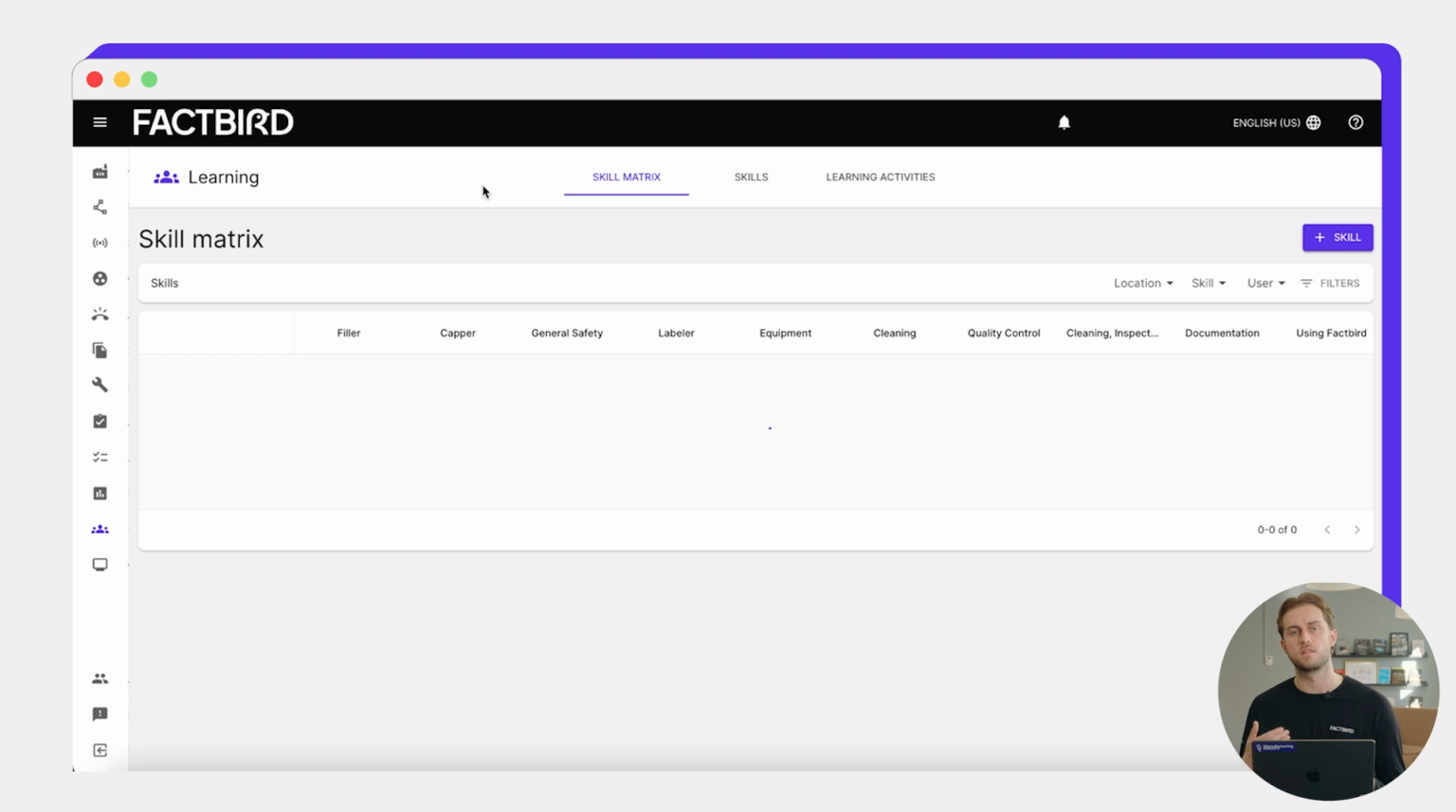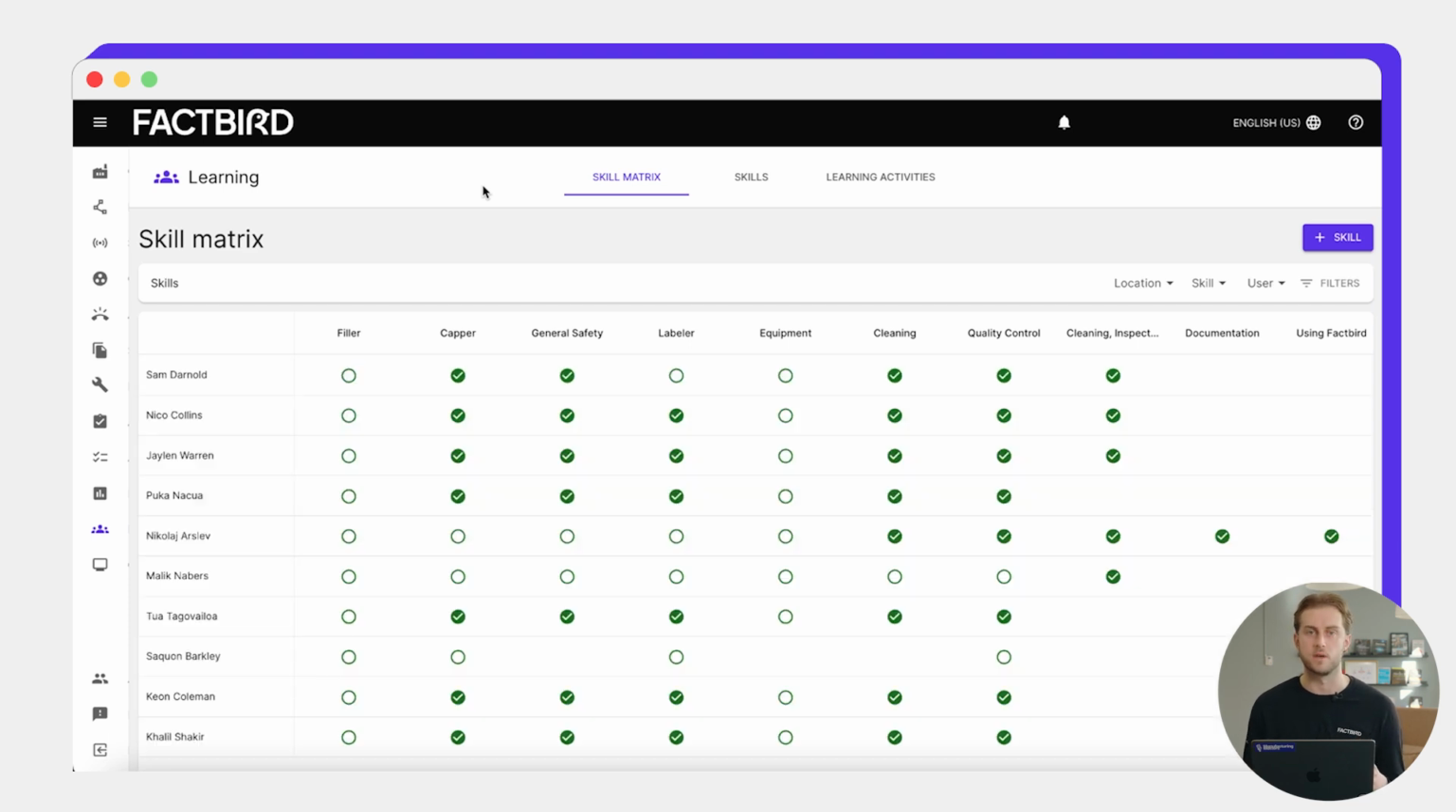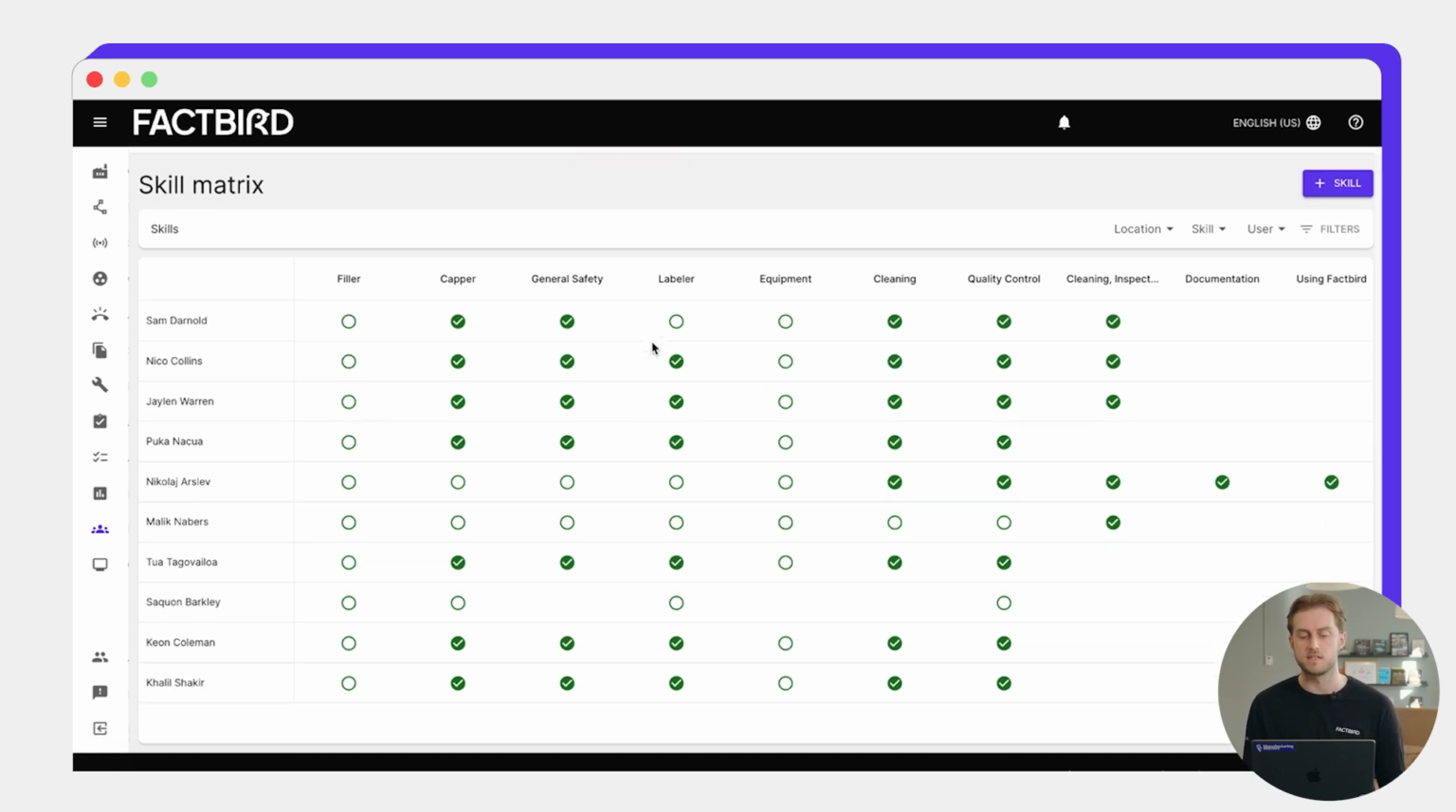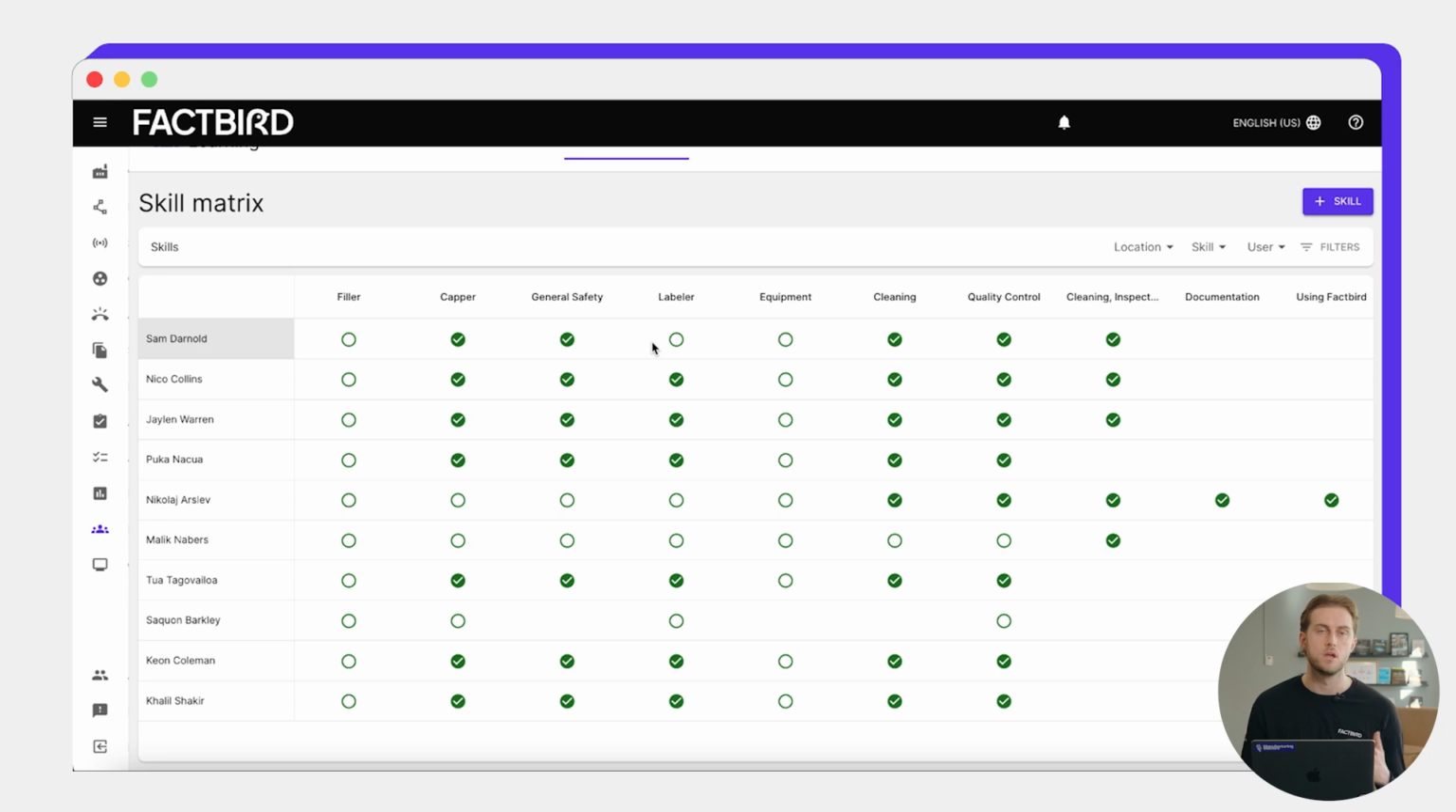Now let's take a look at the skill matrix. This is where everything that we've just built kind of comes together. So we have skills that are made up of learning activities, and then here you can see your different employees and the skills that you have built. And you can start to get a very quick and easy overview of which employees are qualified in which skills